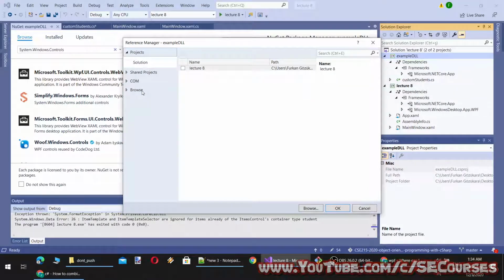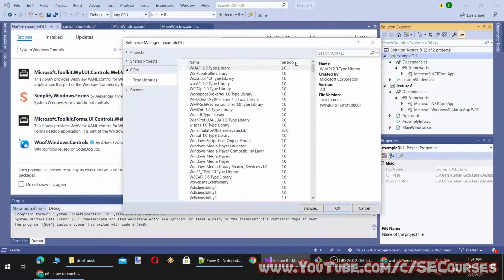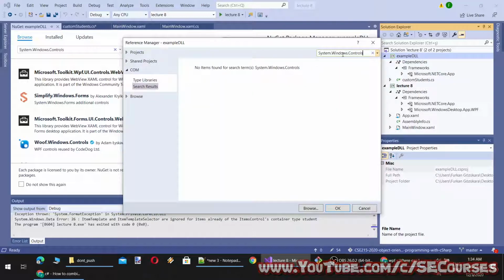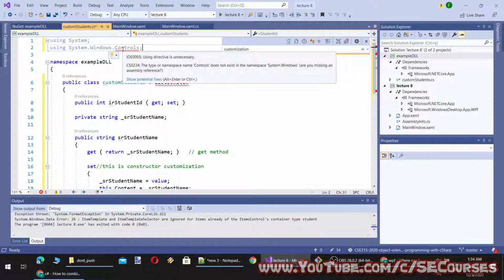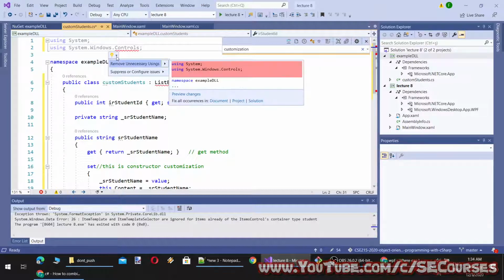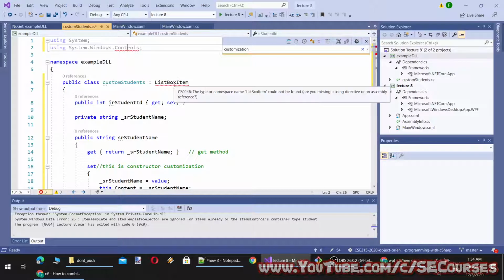Okay, I'm not sure if we can manage this or not. So I will make a rather simpler example because it appears that we are not able to use System.Windows.Controls to get the namespace of listbox.